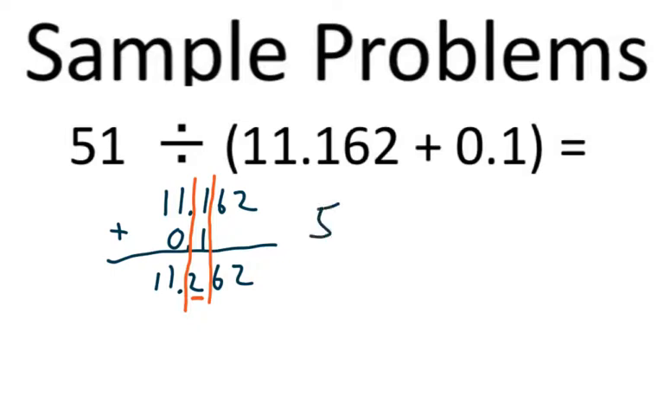The next step is I'm going to get the 51 and divide it by the 11.262. I am going to keep this underlined to keep track of my last significant figure. And then I'm going to perform division, which is our last step. Now, when you divide these two numbers, you end up getting